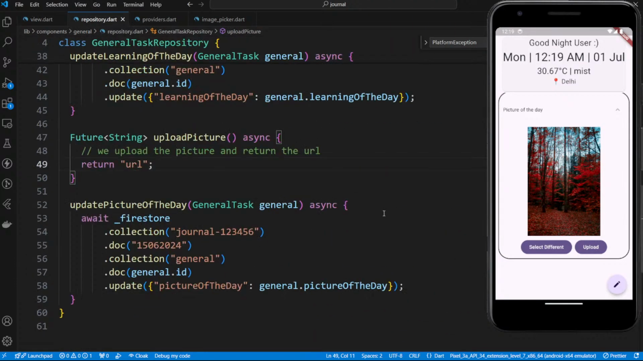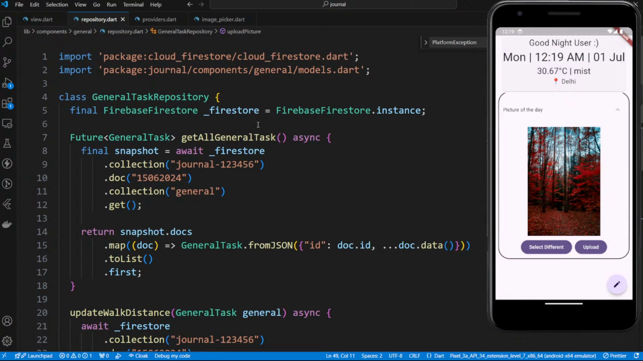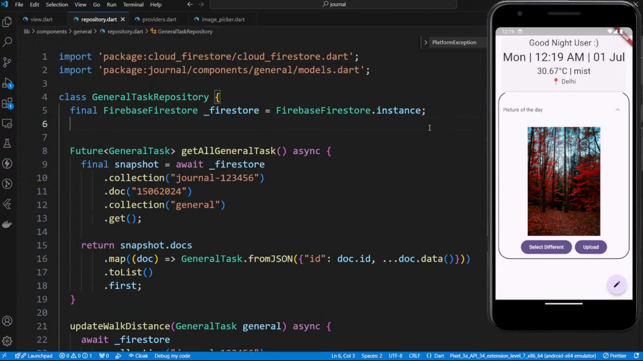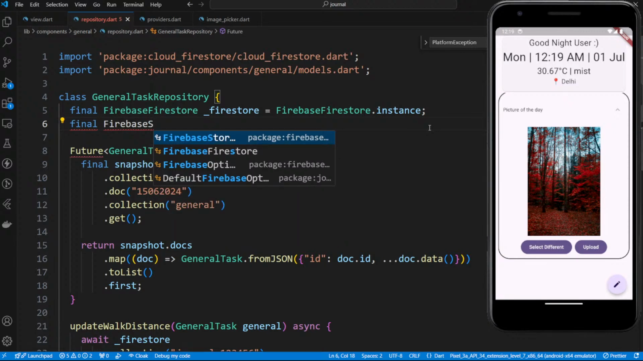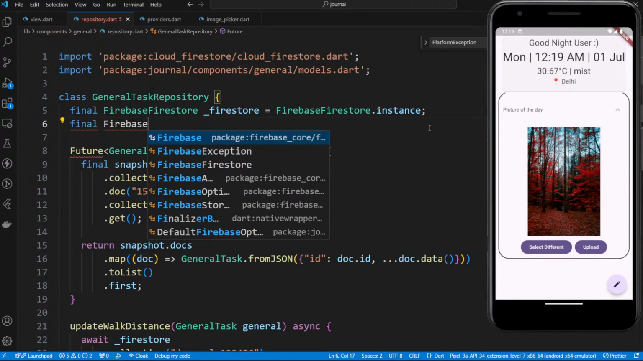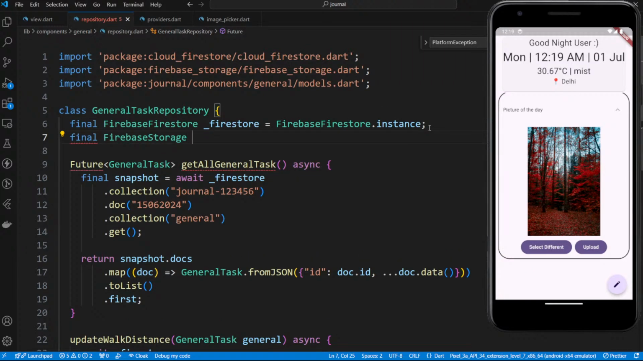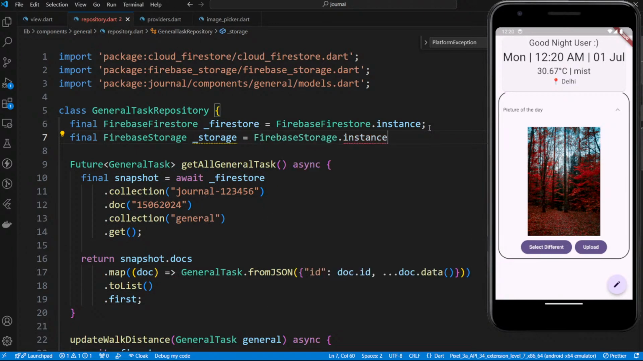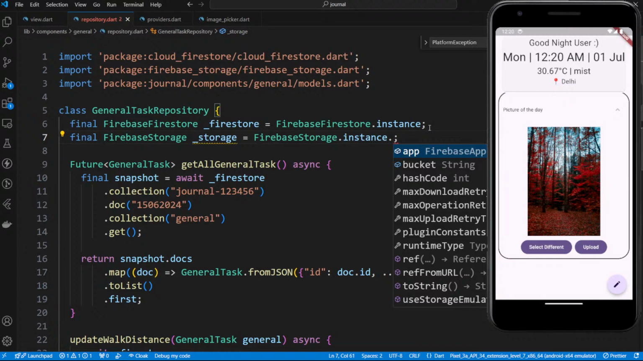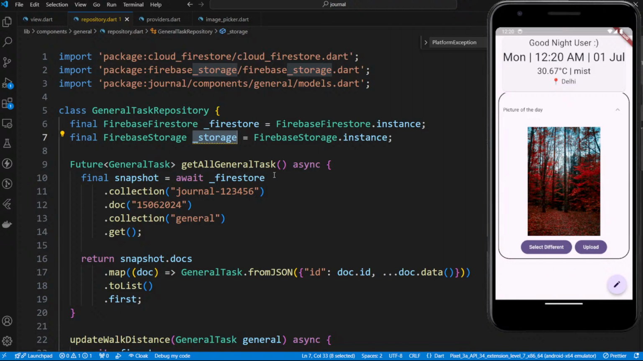So what we need to do in the repository: first we need to get the instance. Like how we got it for Firebase Firestore, we also need to get it for Firebase storage. Let's call it, instead of Firebase storage, let's call it storage. Firebase storage dot instance. Okay, and now if you get the storage,